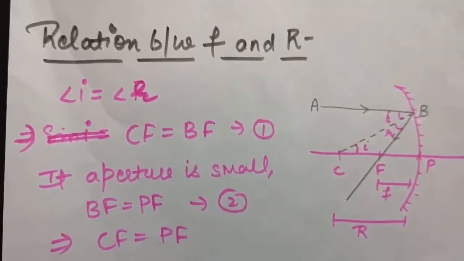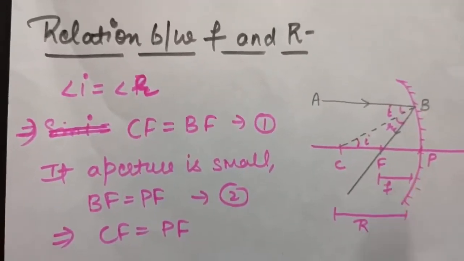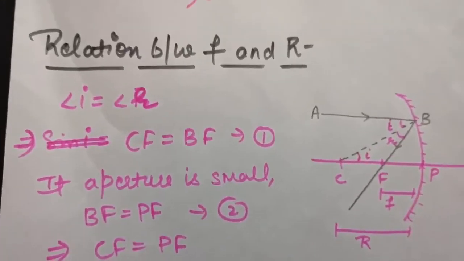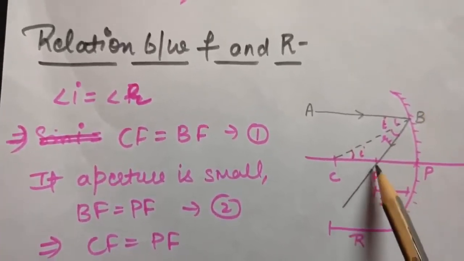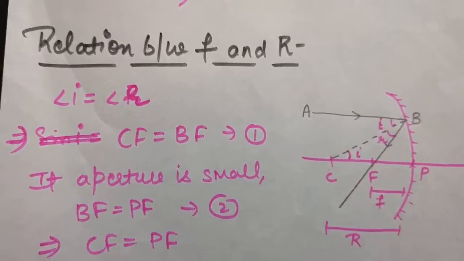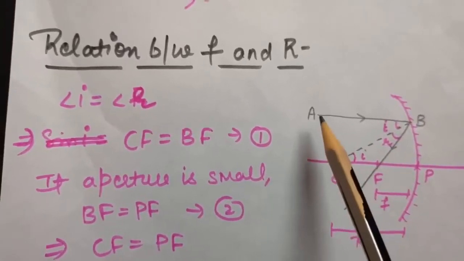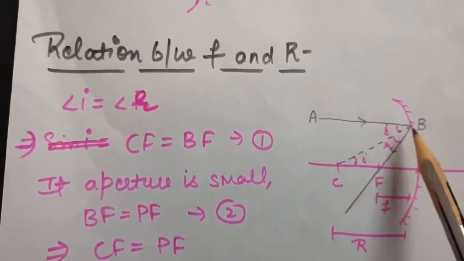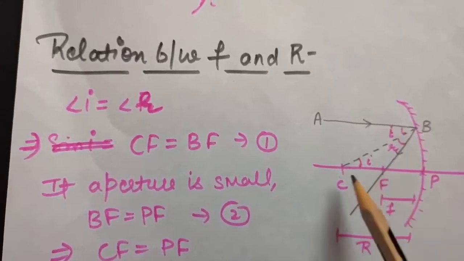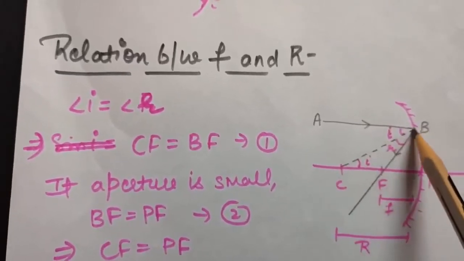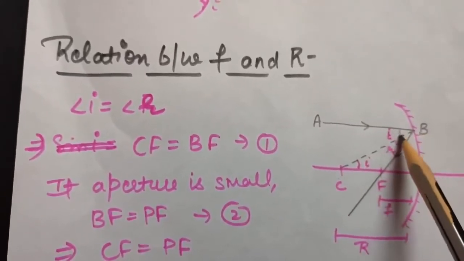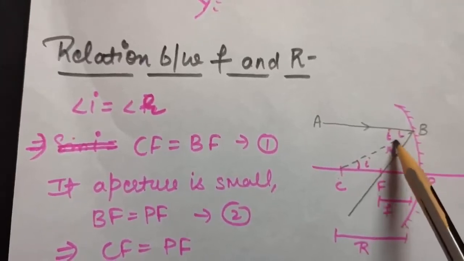for mirrors. So I am using a concave mirror to prove this. Okay, so now this is a concave mirror. This is point F, C and P. You are familiar with all the points. So a ray coming parallel to the principal axis will pass through focus and a ray from C is perpendicular to the mirror. So therefore this is the angle I and this is the angle R.